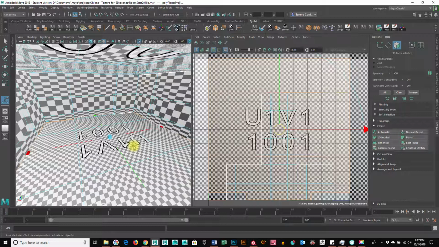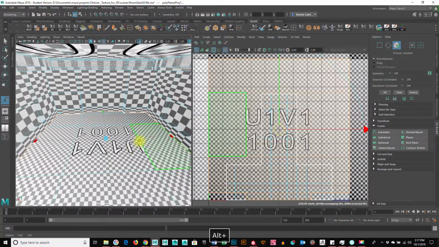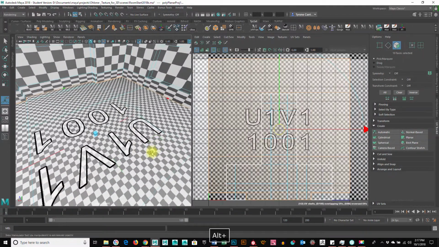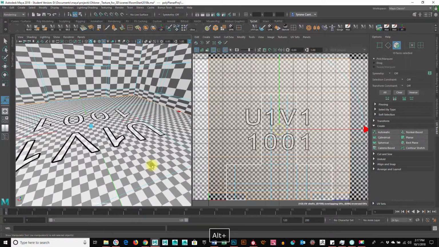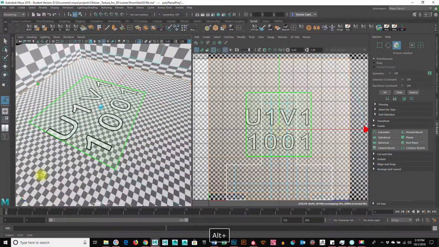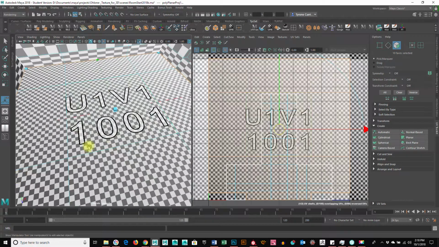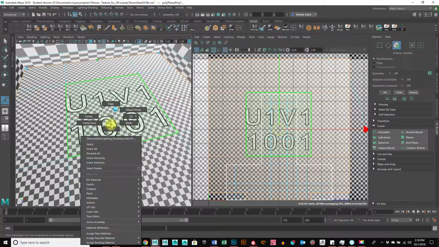Okay. I'm not going to worry too much right now. I'm just doing it like this, so you can see it. So I've got the faces of the floor planar mapped. We can see that the text is showing properly and it's not inverted. And with that floor selected, I'm going to right click on it,